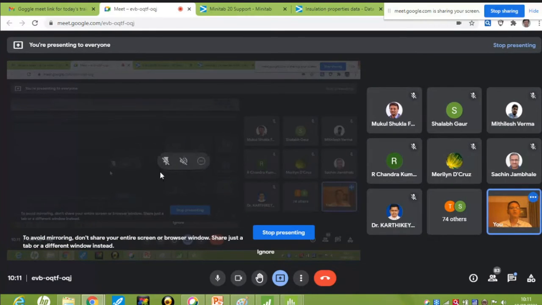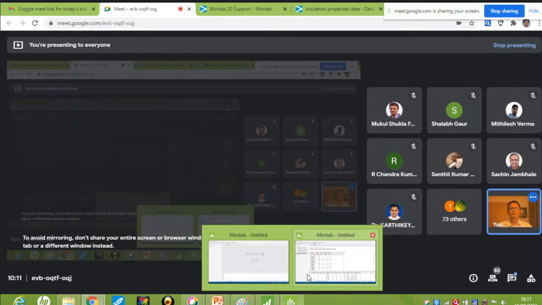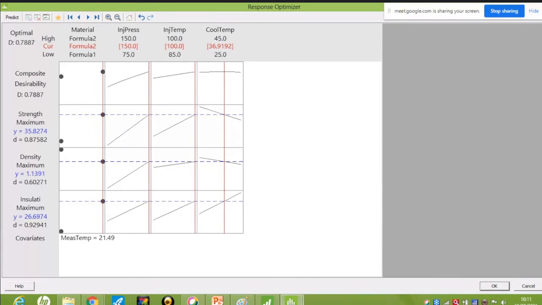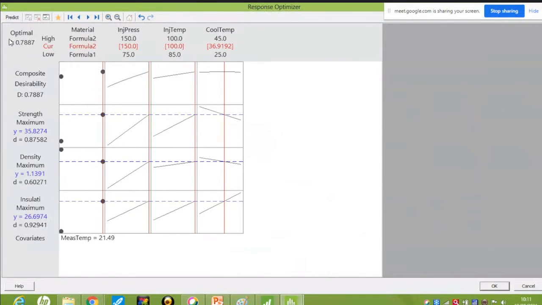Okay, any doubt? Any one of you? Sir, can you explain desirability once again, the significance? Yeah. So desirability means, here you can see this is related to the desirability.